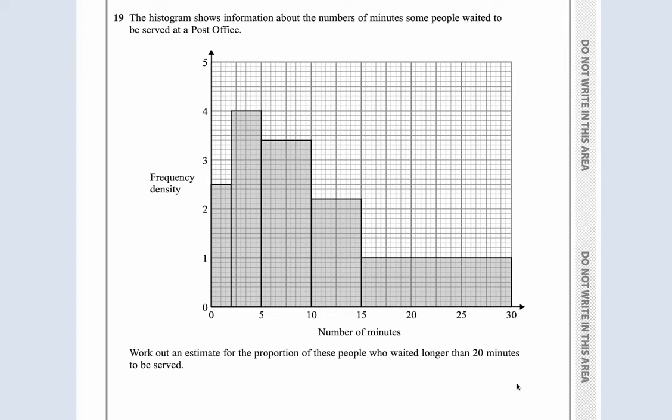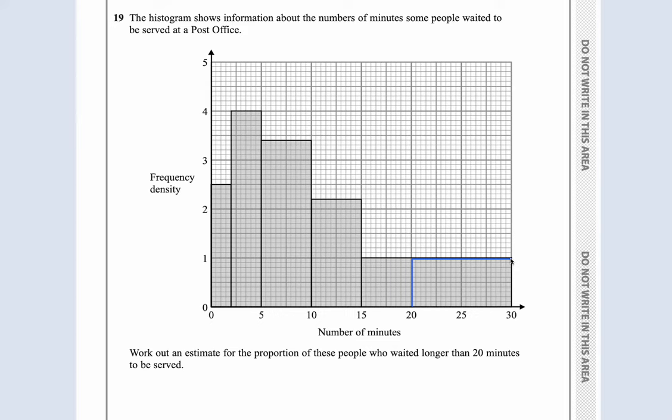Question 19. The histogram shows information about the numbers of minutes some people waited to be served at a post office. Work out an estimate for the proportion of these people who waited longer than 20 minutes. So it's like the fraction. So basically, guys, I just need to find